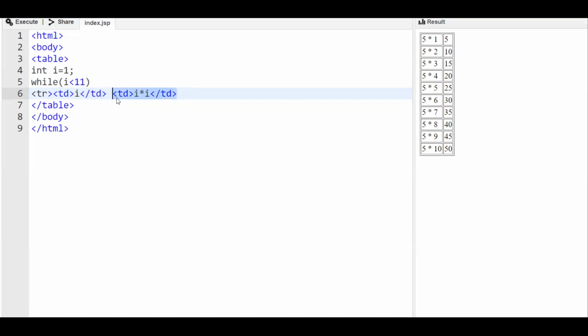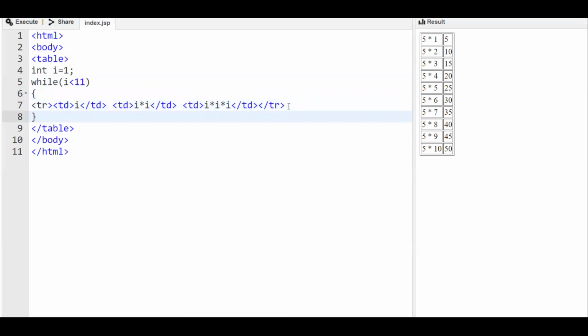Then its cube. And finally, we have to close the TR tag. So this is while looping like this.